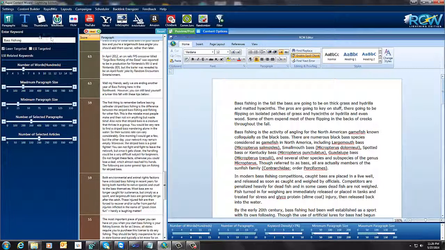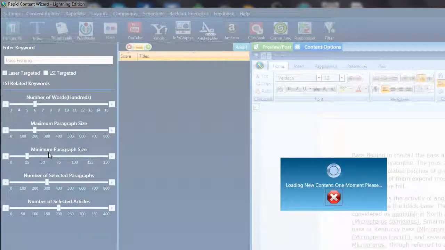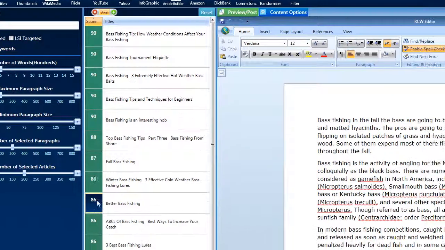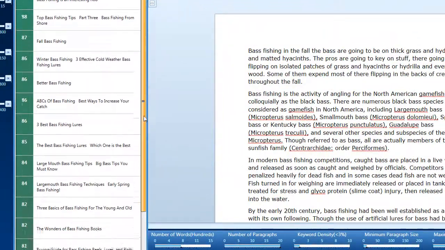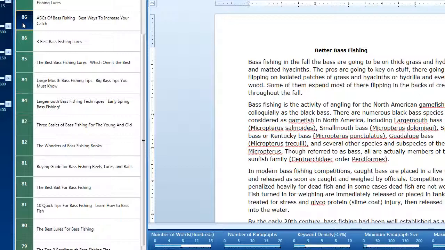And the next thing we would want to do would probably be to get a title, which would be a nice thing. So all you have to do is click on the title, and it will come up with a list of things, and then you can just use these titles, or you can change this to anything you want. All I have to do is just find something here I like, just double click on it,